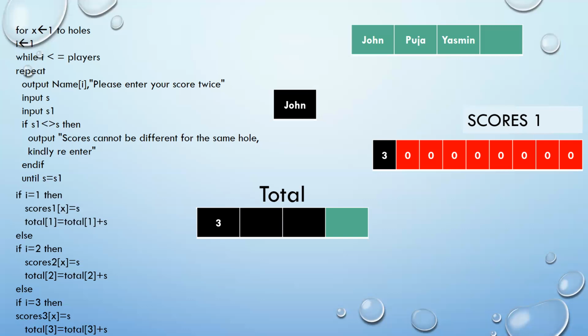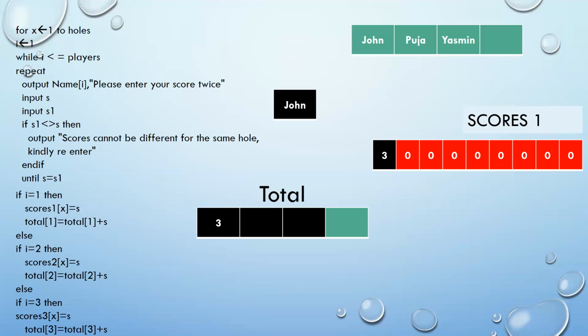So for that, we'll have to start accumulating the scores of John in another variable. So for that, what I have done, I have taken an array called total. Now the size of the array could be maximum 4 because there are 4 players. So each player will have one overall total, one total score. So 4 players will have 4 total scores.